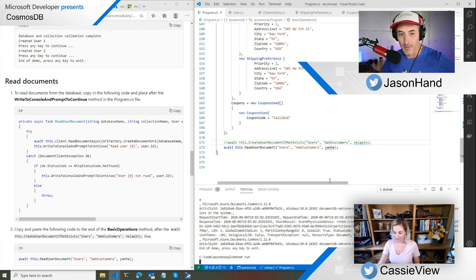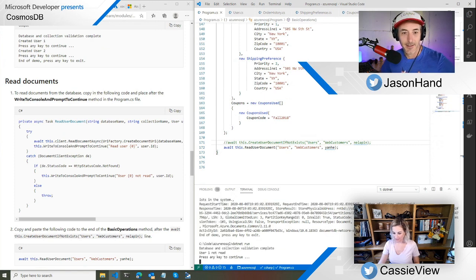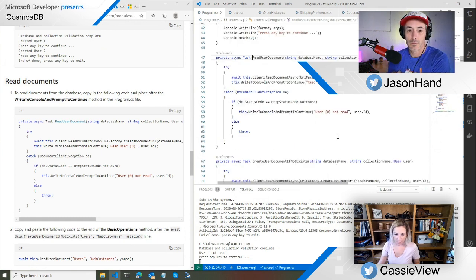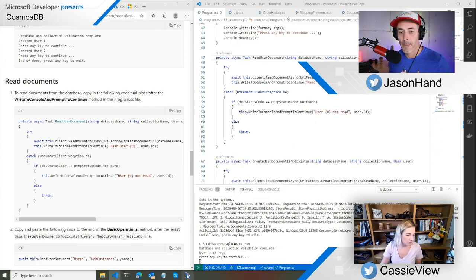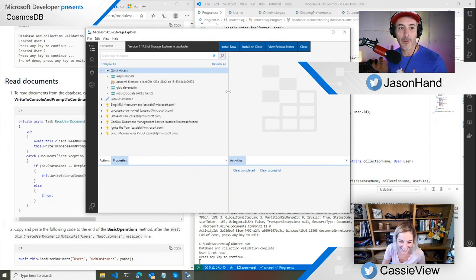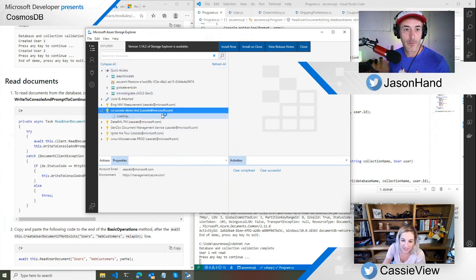Suspense. User one. Not read. So I wonder if when I changed how this is created. Okay, so, have we gone into the Storage Explorer to look to see what's in there? I have it open, but I don't know where it is. Or even, what about in the browser? Oh, I bet it's in here because this is the subscription that I'm under. So maybe there's a Cosmos thing in it.